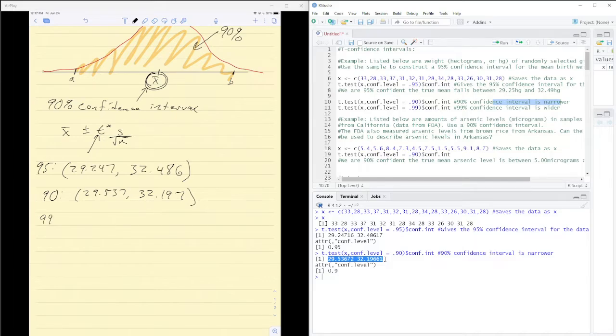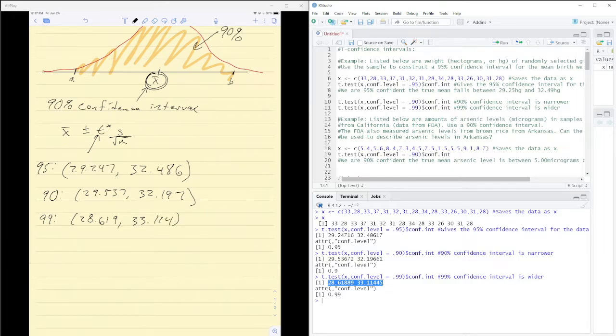And similarly, if you increase your confidence level to 99, it's going to be even wider. If you increase your confidence, you're going to increase the width of your confidence interval, because if you want to be more confident, then just give more numbers. If there's a wider range of numbers, then it's more likely that the mean falls within that range. So 28.619,